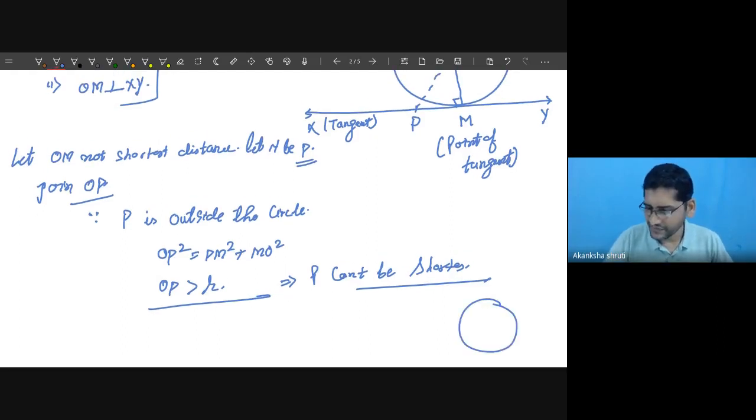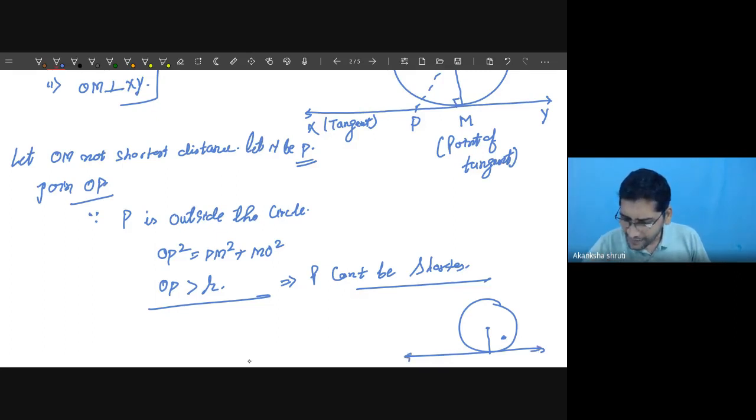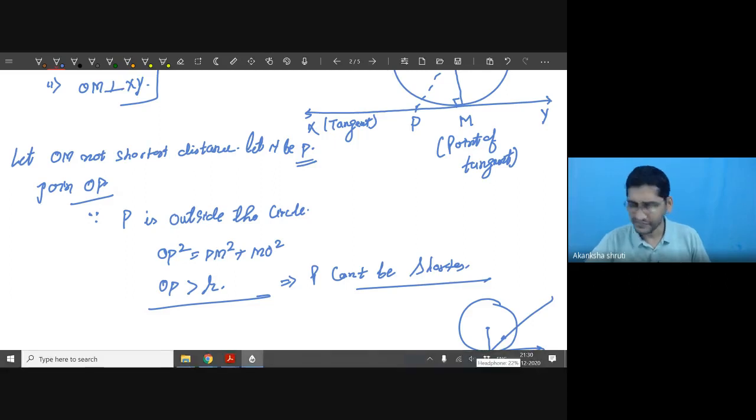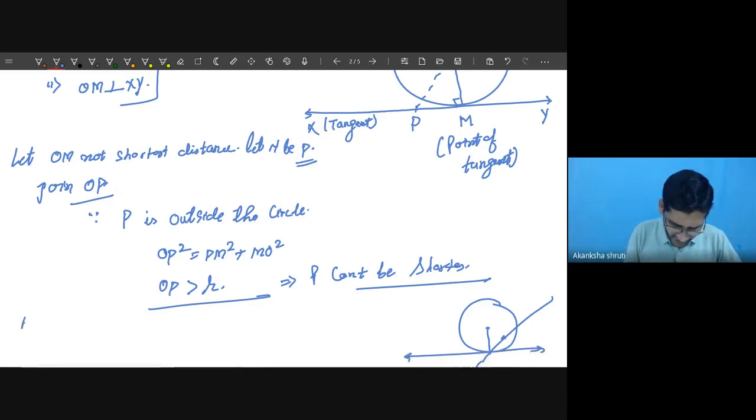Just understand. If a point P is somewhere inside, then it will not lie on this tangent. Otherwise this tangent would have to pass through the other point also, and then it becomes a secant. So it becomes like this one. Getting? Also, if P is inside the circle,